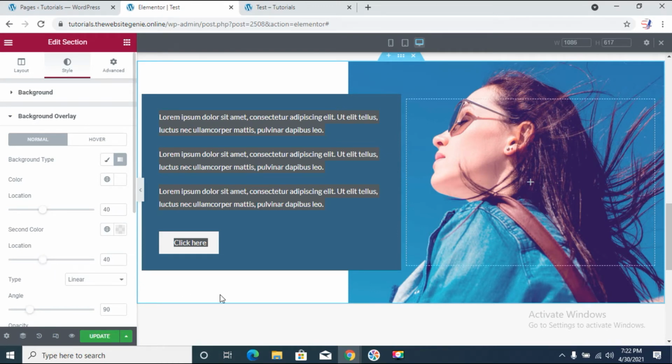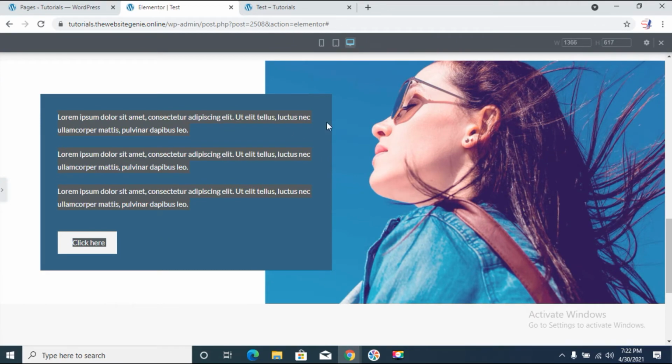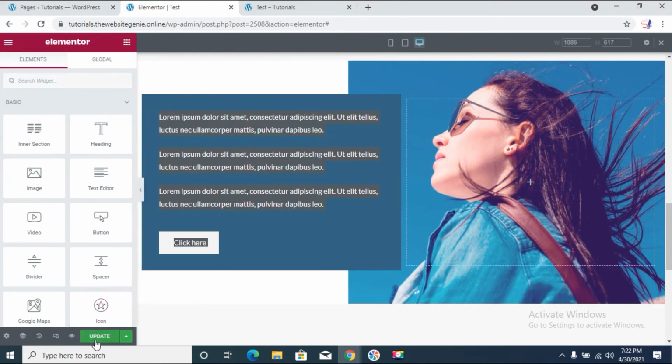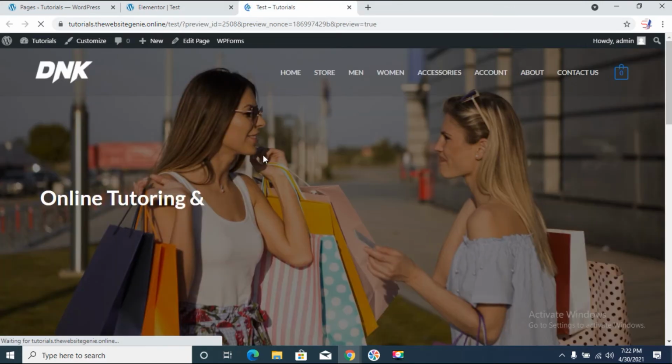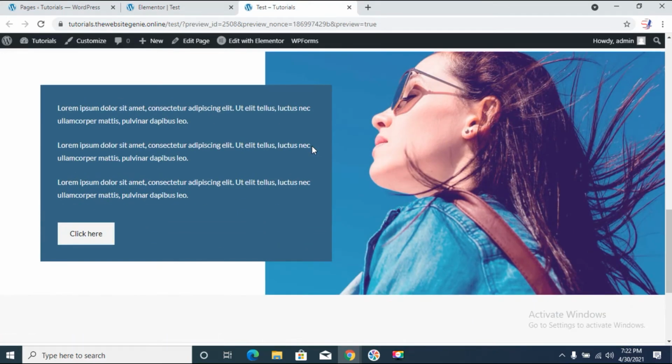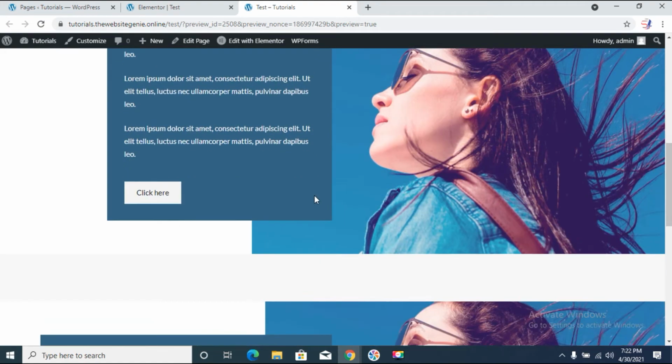We'll keep it at 40. So now as you can see, we have our overlapping column effect. So if you update that and see the preview of that, as you can see now we have an overlapping column effect.